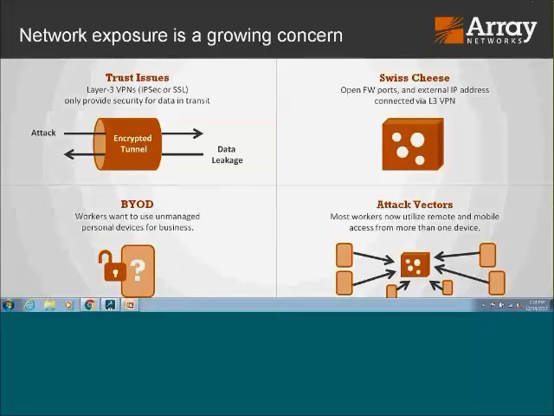And that leads me, as I look to the upper right hand, to what we kind of call a Swiss cheese firewall, right? What's happening on the firewall is that we're opening different ports for different things. Whether it's an SSL VPN using a particular port, or IPsec using a particular port, or you're opening up things for VDI, or different ports for different applications, you've got a lot of different ports that have been opened up